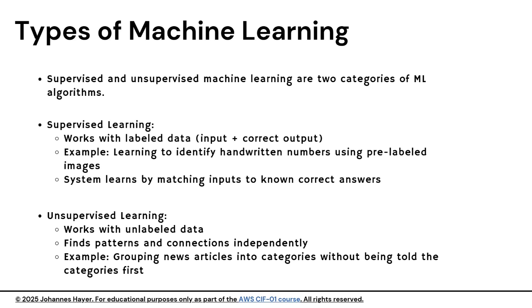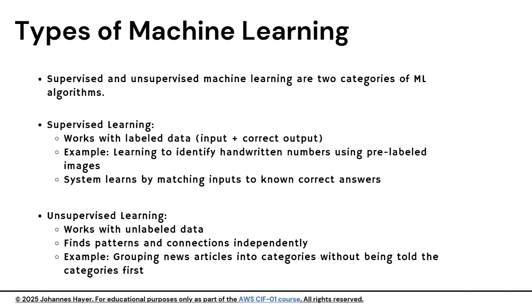Hi there! In this section, we are going to explore two fundamental approaches in machine learning: supervised and unsupervised learning. Think of supervised learning like learning with a teacher who shows you the correct answers. For instance, imagine you're learning to identify handwritten numbers. In supervised learning, you'd be shown thousands of images of numbers, and each image would come with a label saying, "This is a 7" or "This is a 3". The system learns by seeing these examples and their correct answers, gradually understanding what makes a 7 look like a